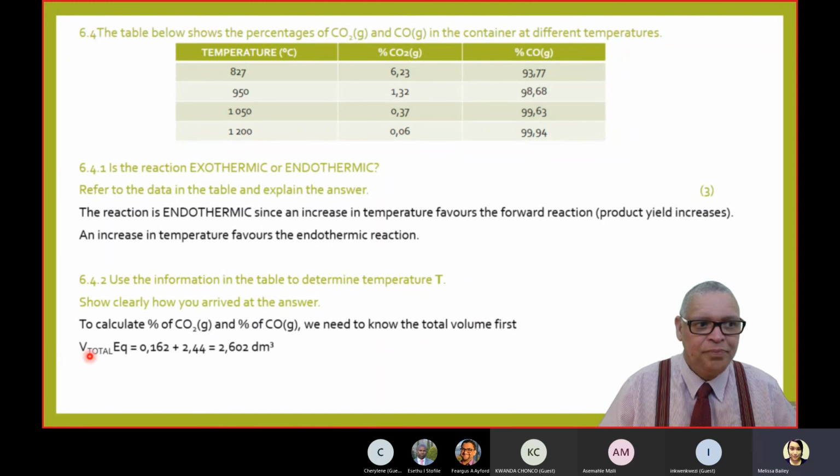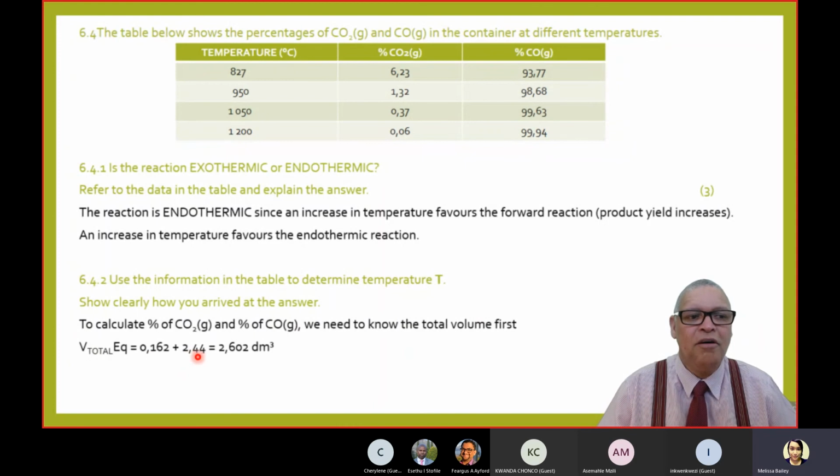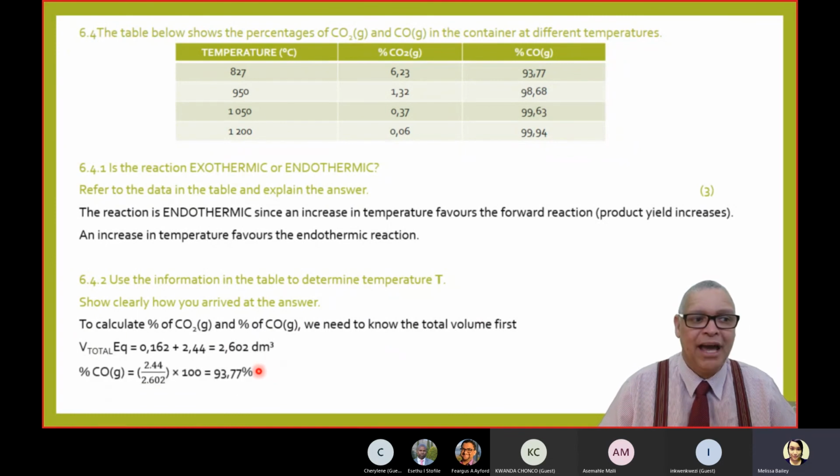So the total volume at equilibrium is going to equal 0.162, remember that from the rice table, plus 2.44. Those are volumes there, and that's equal to 2.602 cubic decimeters. When we have that, the percentage of carbon monoxide will be 2.44 divided by 2.602 multiplied by 100, and there we have our percentage,